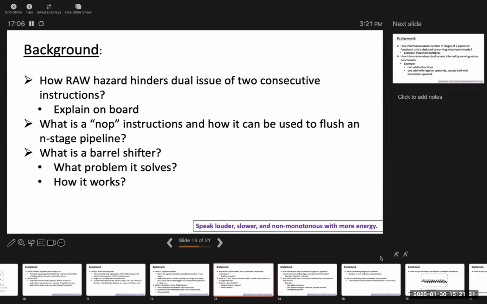Let's say you have instructions 1, 2, 3, and so on. You start filling your pipeline with these instructions. You first fetch instruction 1, then 2, then 3, and so on. Let's say we are doing single fetch. So your pipeline starts getting filled. But by the time